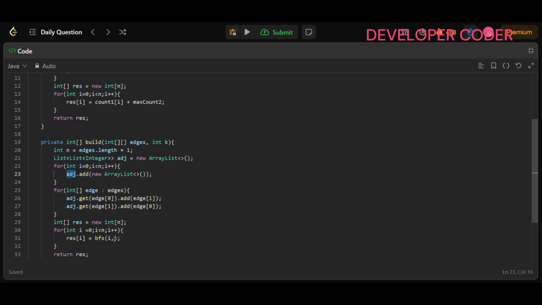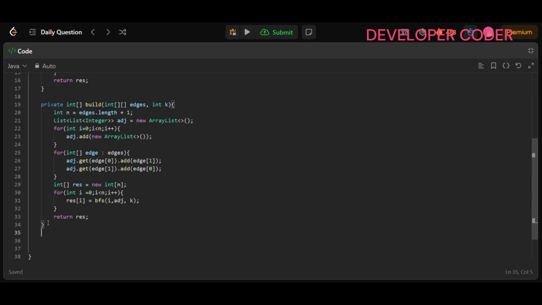Okay, so now here just pass this BFS I, and here just pass this adjacency array list, ADJ, and here just pass key value. That's it for this BFS. Okay, and now let's write the code for BFS. So here